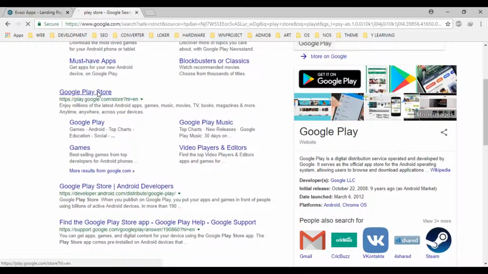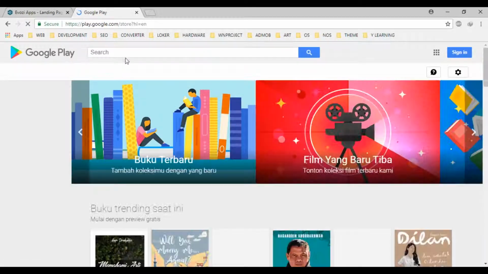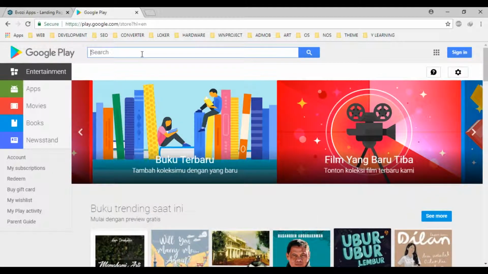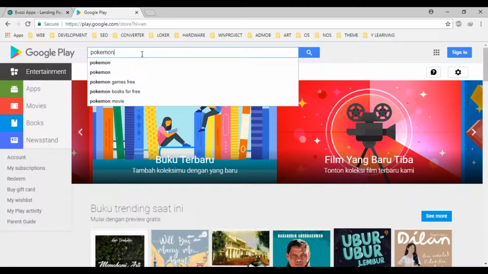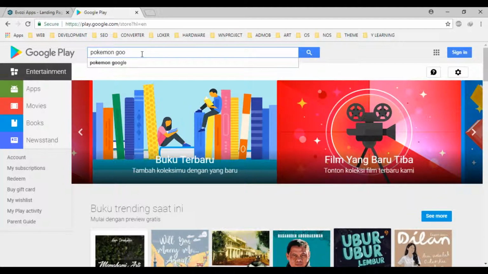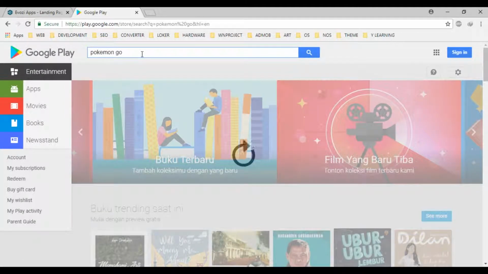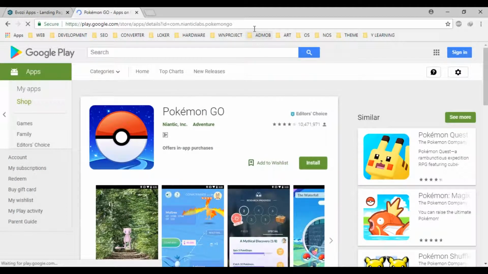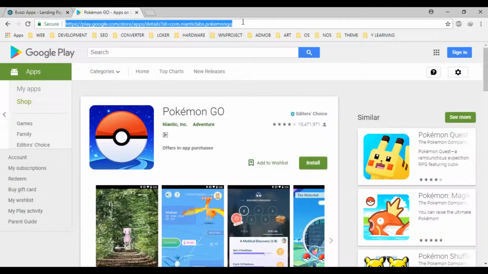Okay, you can see there. For example, in here, I want to download Pokemon Go application like this. This is a game by Niantic Inc. And to download